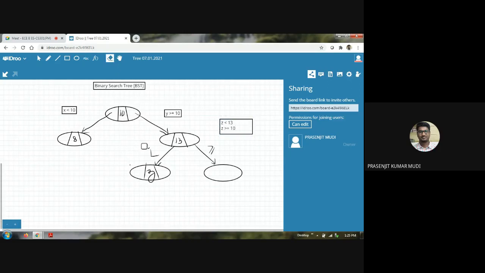Okay, so this is a binary search tree, because if you apply traversal, then you will actually get a sorted version of the elements: 8, 10, and then here it's less than 13. Suppose some element here is 12, and some element here is 15. Now if you apply the traversal, see 8, then 10, then it comes here, printing 12, then printing 13, then 15. So automatically it is sorted in ascending order.